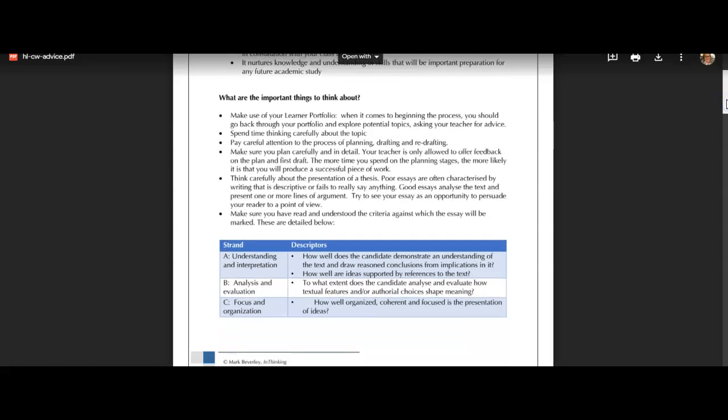So what are some things to think about? Look at your learner portfolio. That is all the things that we've done this year. So right now, Schoology is kind of your learner portfolio, right? You can go into your courses, your archive courses, and pull up assignments we've done. In Google Drive, you should have a Schoology folder that has anything you've done in Google Drive through Schoology